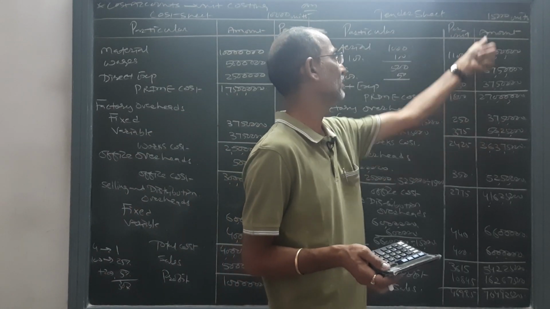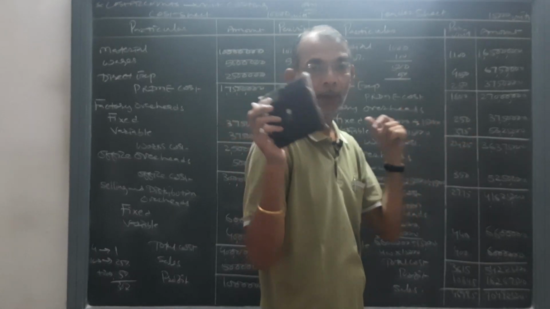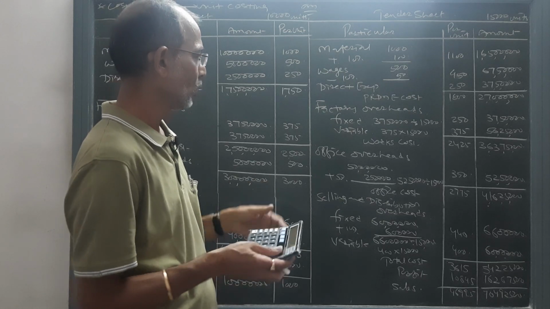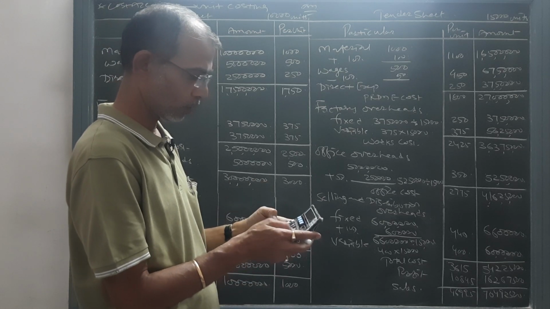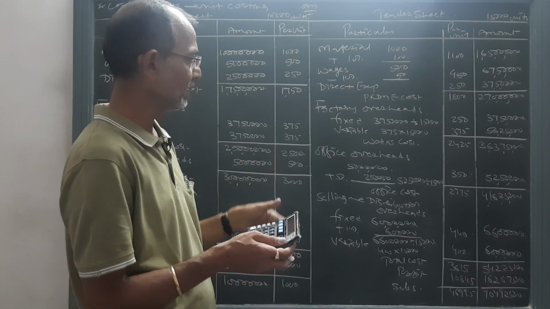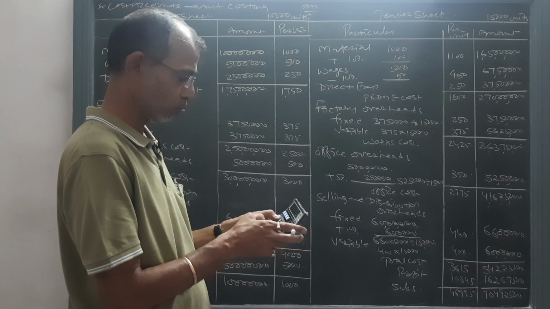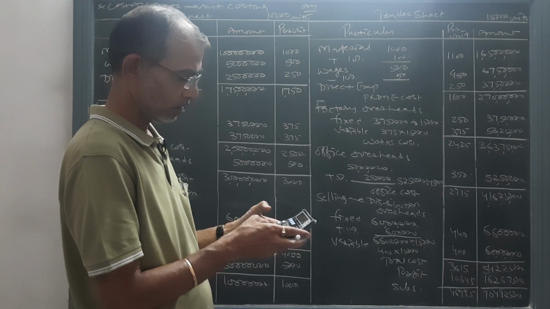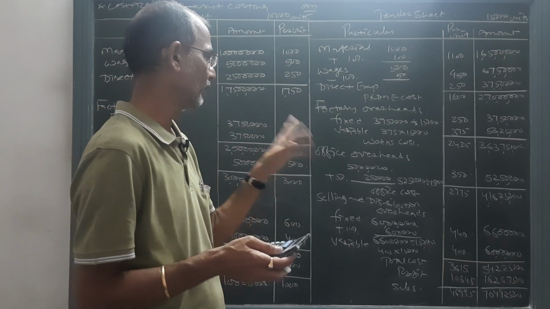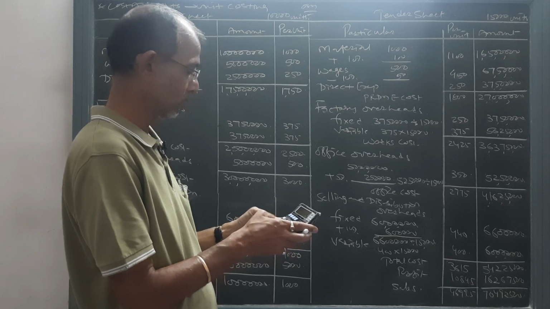Now this amount was divided with 15,000 and we came to know that 250 per unit is the cost of fixed factory overheads, while variable total cost will come to 375 into 15,000, 56 lakh 25,000 plus 37 lakh 50,000 plus 2 crore 70 lakh, that came to 3 crore 63 lakh 75,000, and per unit came to